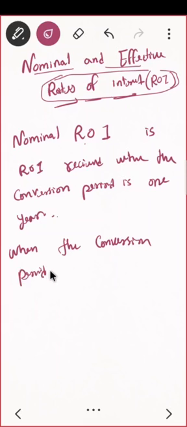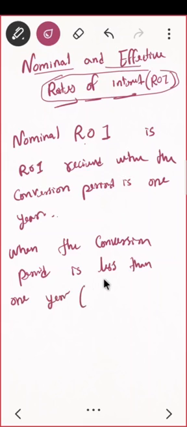So when the conversion period is 1 year, then it is called nominal rate of interest. And when the conversion period is less than 1 year,